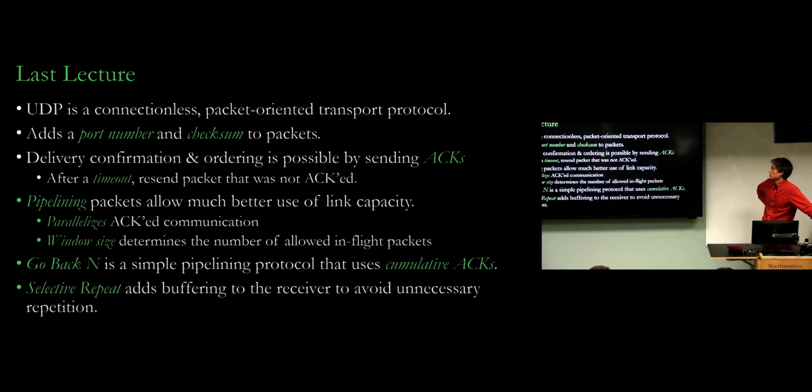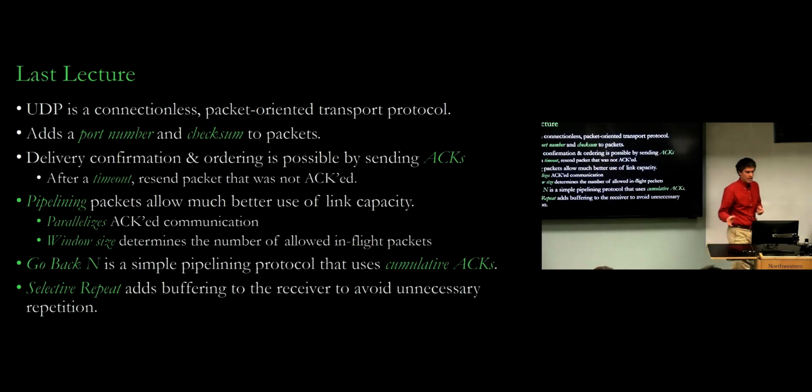And we moved from the simplest naive scenario where you use the stop and wait protocol, where you send one packet, wait for the response, and move on to the next one. That worked, but it was really slow, so we looked at different ways to parallelize or pipeline the packet transmissions. When we do that, we need some kind of window size to dictate how many packets are allowed to be in flight, because we don't want to overwhelm the network, and we don't want the sender or the receiver to have to remember an infinite amount of state. It has to be finite, and the window size determines that, and also basically controls the amount of throughput. That's the amount of data that you can have from the network at any given time.